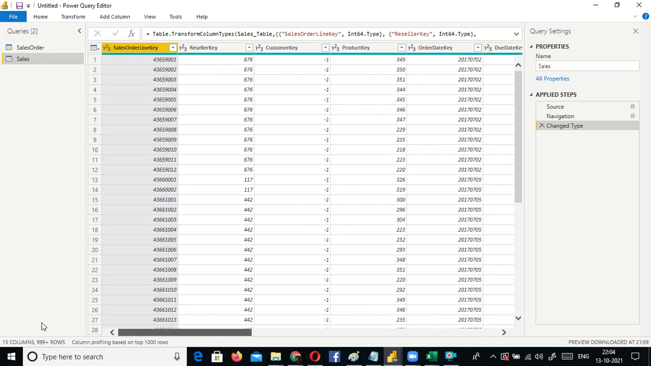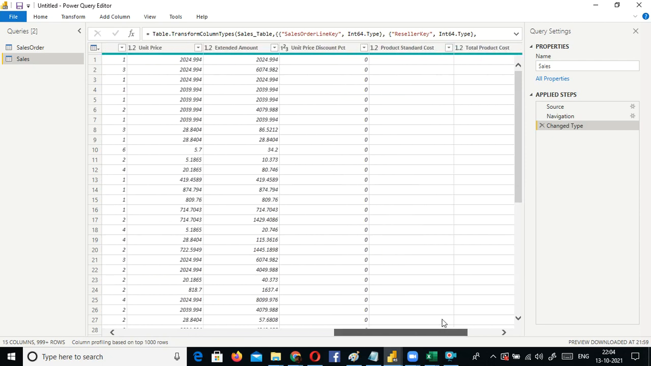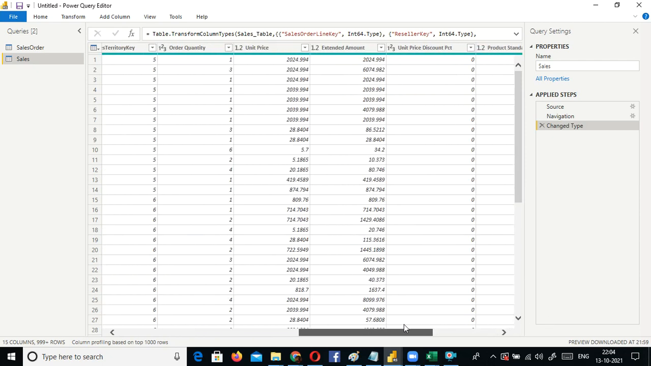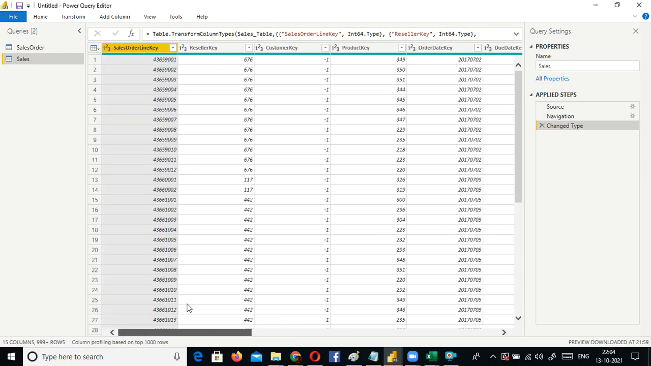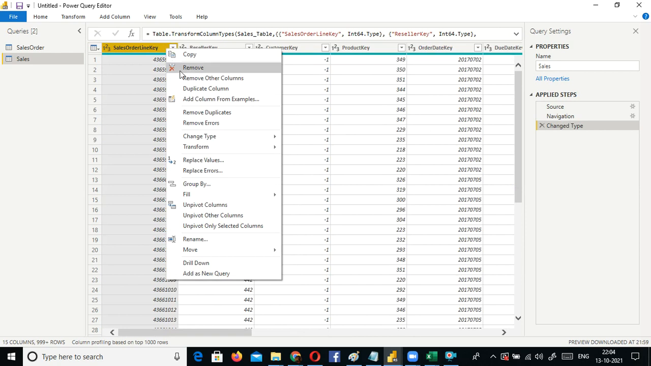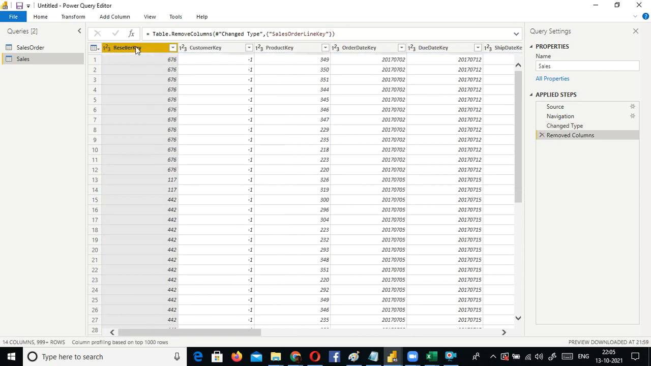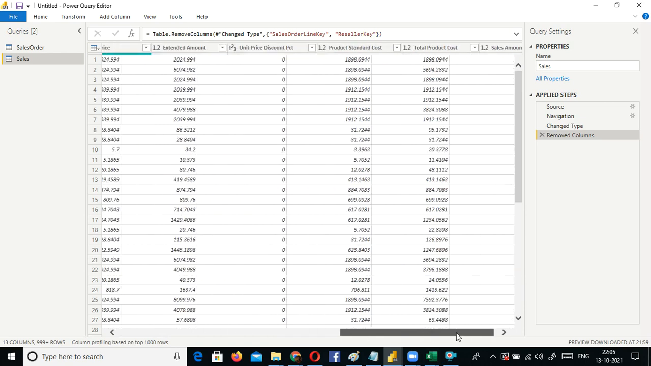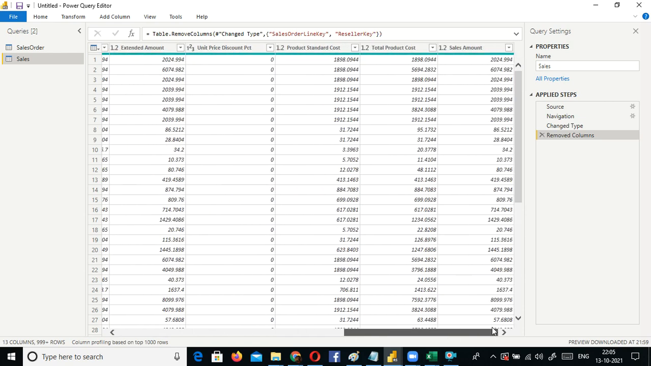I do a simple transformation. What I do is, sales order line key, reseller key, customer key, order date key is there, order quantity, unit price, discount price, standard product cost. Supposing I don't need these things, order line key and all, I can remove this column. Reseller key also, I don't need it. I can remove it, because my manager wanted me to generate a report which involves the product cost, unit cost,